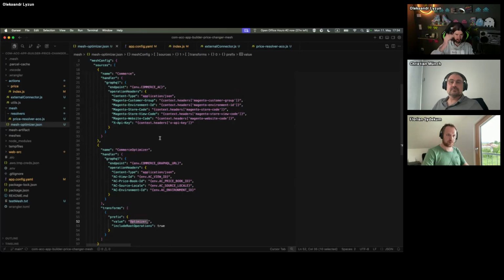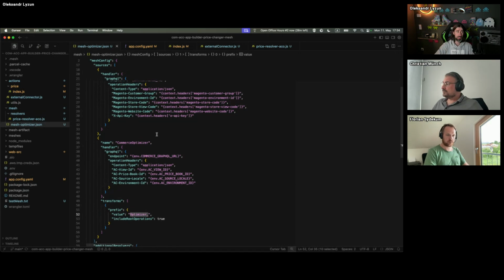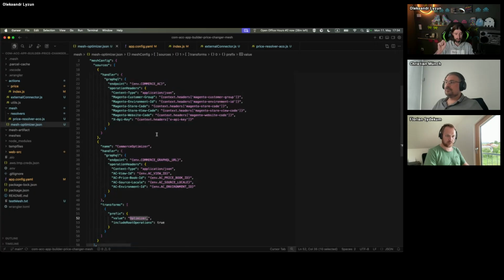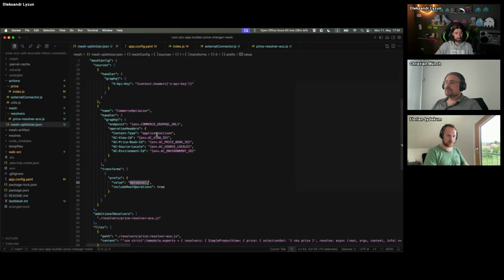So when you have the product, then price, amount, final. So the standard and predefined schemas. What we want to do now is literally take Adobe Commerce Optimizer prices, inject them into the schema, and return them to the storefront so that we don't need to do any storefront customization.